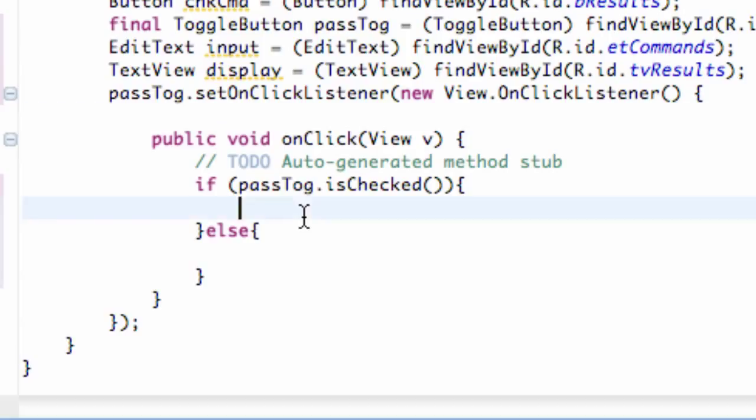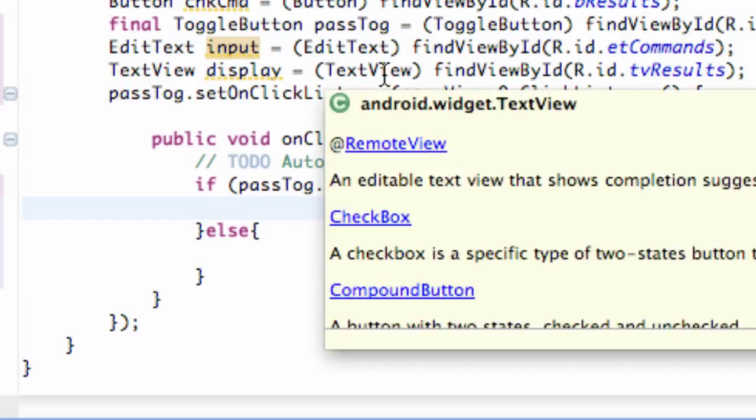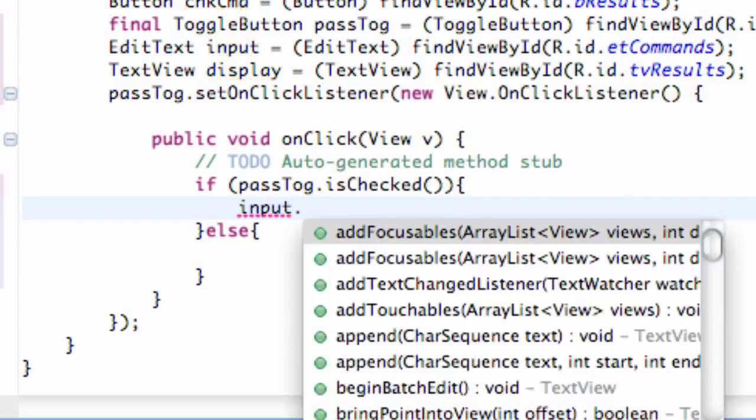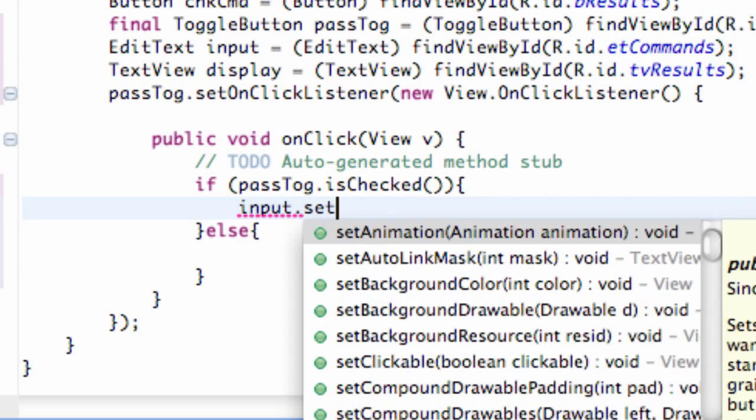Now what we can do is use the EditText variable that we set up here, and we have it referenced to our EditText in the XML, and we're going to change that. So we called the EditText input, so we're going to say input, and hit dot, and then we're going to set the input type. Basically, there's the password type in a text view, or a number for the most part. You can make them only be able to put in numbers, stuff like that. So we're going to use the method setInputType,